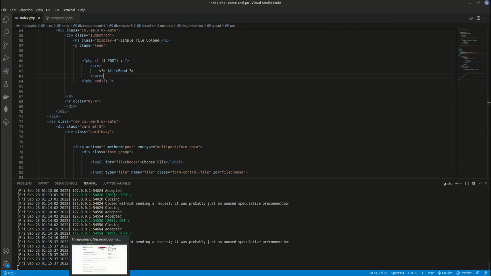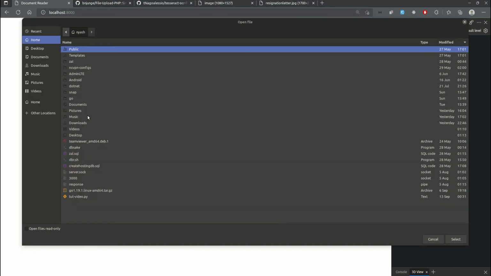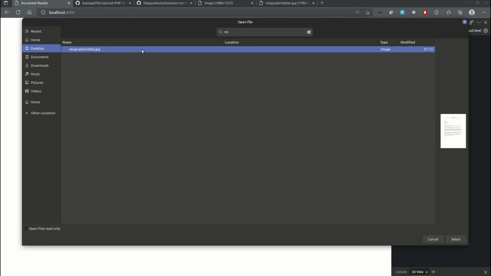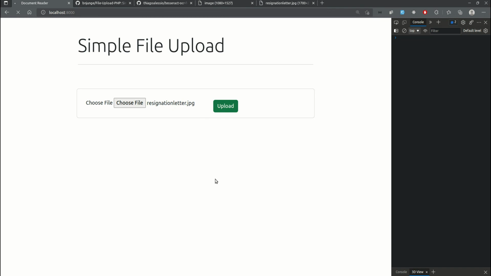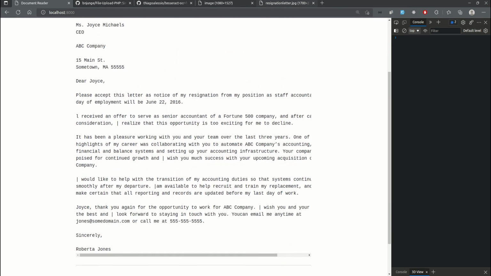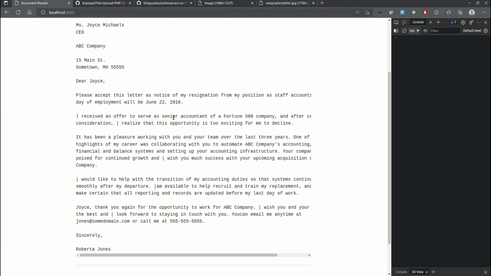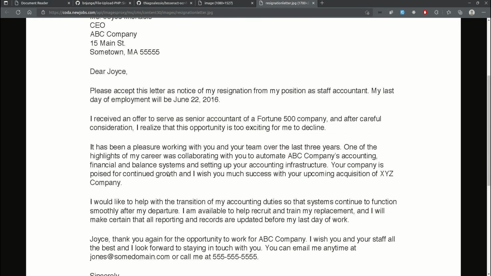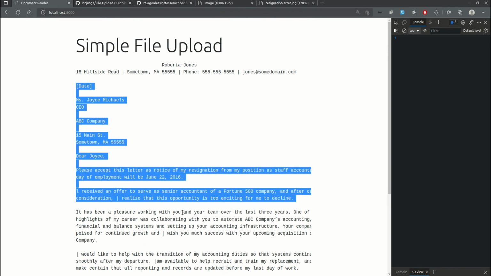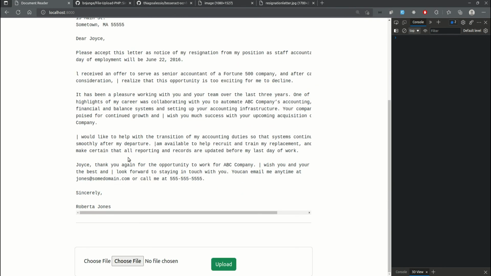Let me repeat this again. So I'll go to my reader, I'm going to choose a file, go to my desktop. We were calling it resignation letter, which is this. Select and upload it, and there you go. So we have this letter, which is a resignation. Here it's just an image, and we've been able to extract the text. So if you read it carefully, you'll see that everything is flowing as per that document. So there you go. So you can copy this text and use it for whatever purpose that you want,